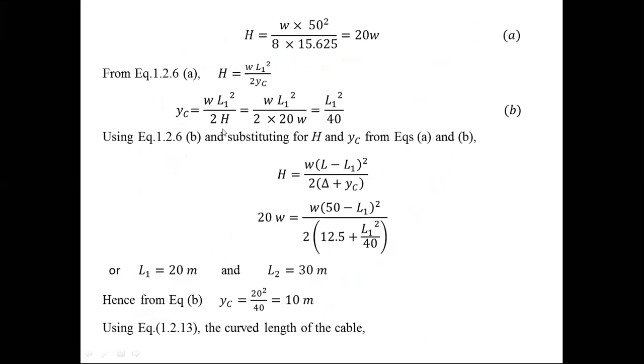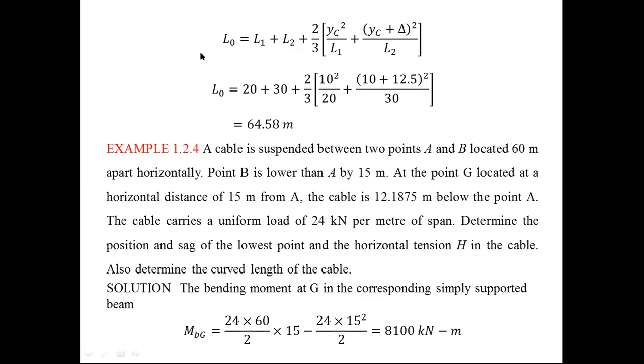y is calculated in terms of L1 square by 40, that is V, and both are equated. Then you get L1 is 20, L2 is 30. From that you calculate y, already knowing equation B, L1 square by 40. Then you know L1, substitute it, you get the YC, and then you find the length of the cable by